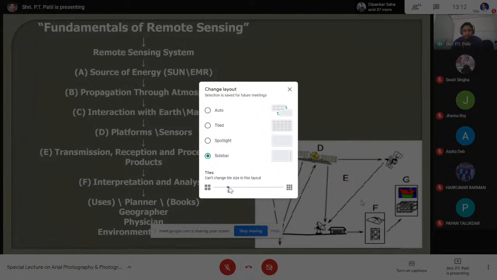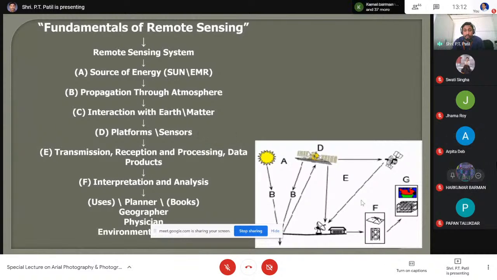And for remote sensing purposes, especially for optical remote sensing, we require a source of energy. In the case of optical remote sensing, aerial photograph is also a kind of optical remote sensing. Why it is optical remote sensing, I am going to explain later. For optical remote sensing, the main source is the energy of the sun, or electromagnetic radiation from the sun. So the main source of energy for optical remote sensing is the sun. All energy which is radiated from the sun and strikes the earth surface,